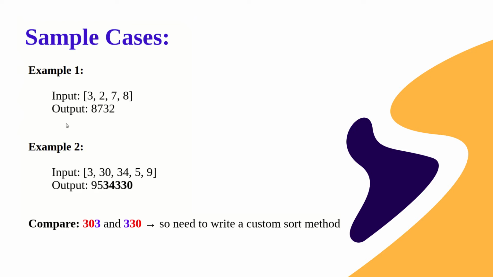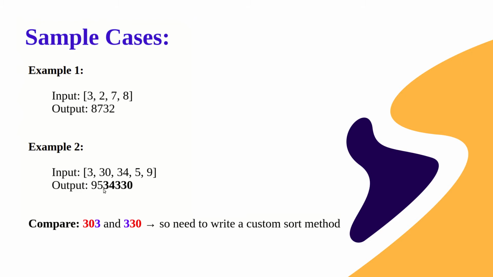Okay, so this is the simple example, but let's have a look at example 2, which also has 2-digit numbers. If the input array is 3, 30, 34, 5, 9, then the output is 9534330. Let's spend some time understanding this. As we mentioned, when the greatest digit is at the leftmost place, it returns the largest number. Here the greatest digit is 9, so having 9 as the leftmost digit is of great help.